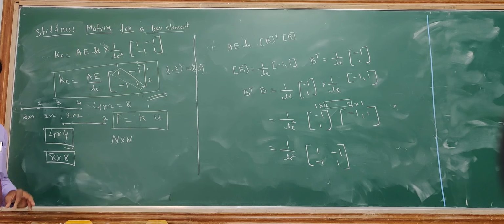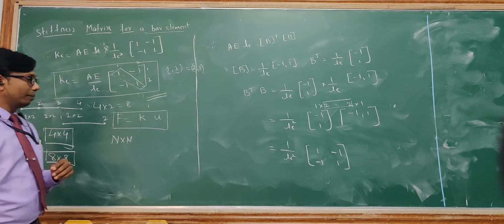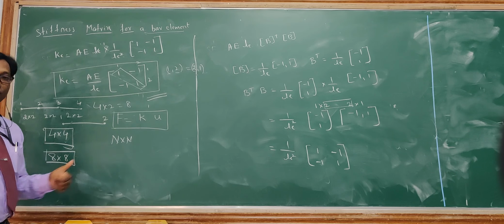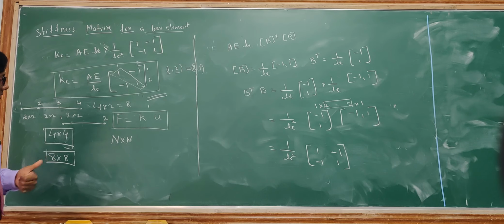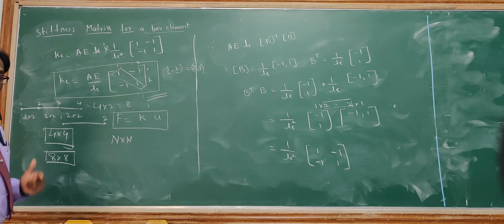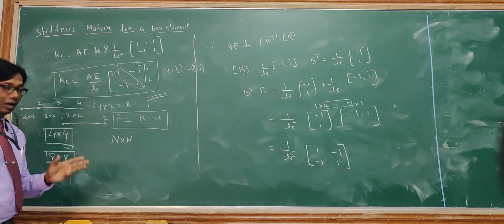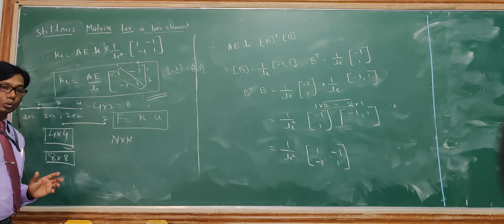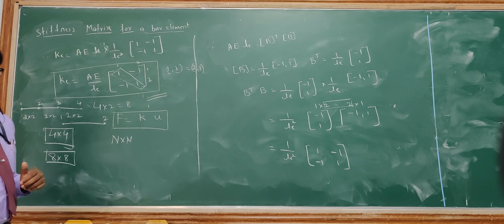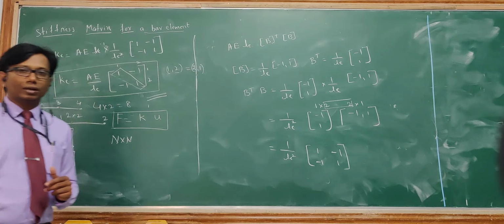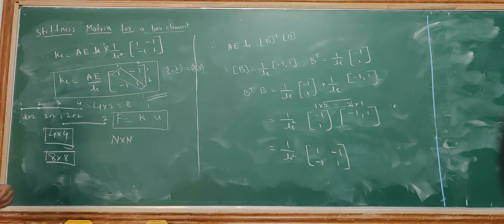So these are the three important properties you need to understand. One is that the stiffness matrix is always a symmetric matrix. The second one is that the principal diagonal elements in a stiffness matrix are always positive. The third property is that if a body is divided by n number of nodes, the size of the stiffness matrix will be n into n. Okay, I hope it is clear. These are the three basic properties required whenever we are solving a beam or bar problem.